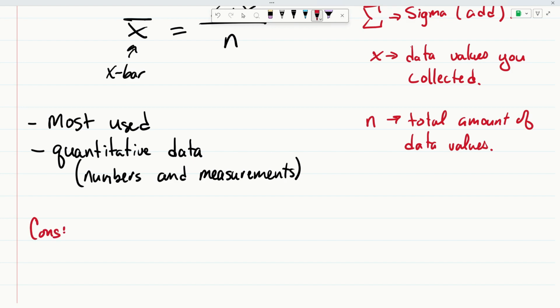It's very sensitive to outliers. For example, let's say you were looking at all these prices of food, and they're all around the same price. I mean, you have an estimation of what they could be. But then one of these items is like 5 times the cost of everything else. That would be an example of an outlier, and that would affect the mean dramatically because it's very sensitive to outliers.